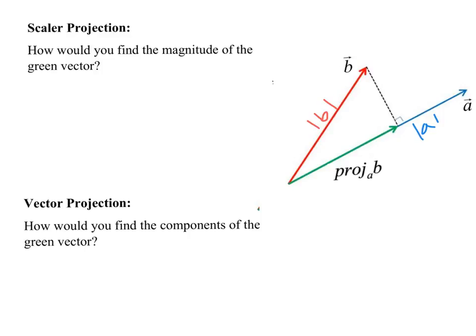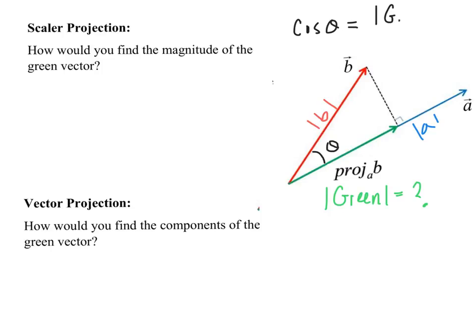What we're looking for is the magnitude of the green. This is what we're trying to find. What is the length of the green vector? Now, I think a lot of people look at this and say, a lot of times we can find an angle and use some trigonometry. We could say, for instance, that the cosine of theta is equal to the adjacent side,